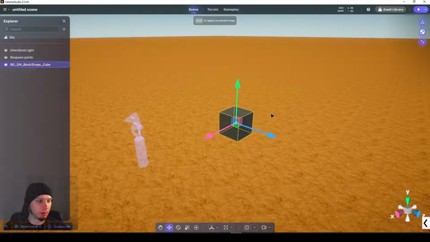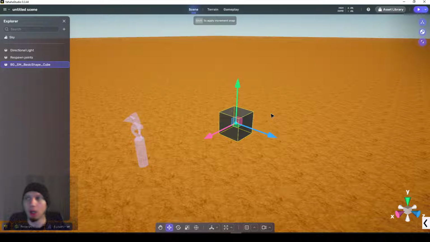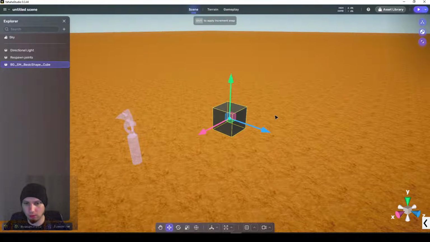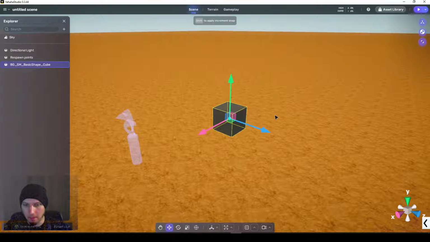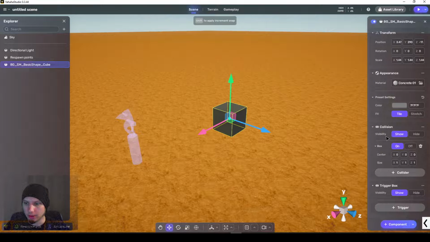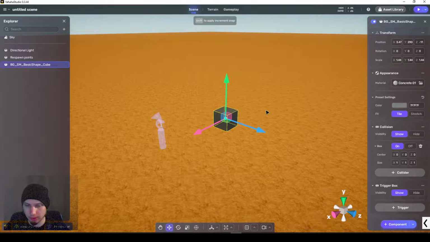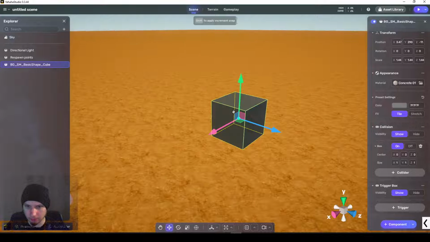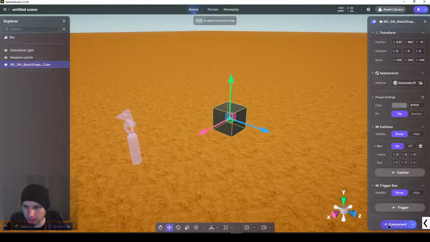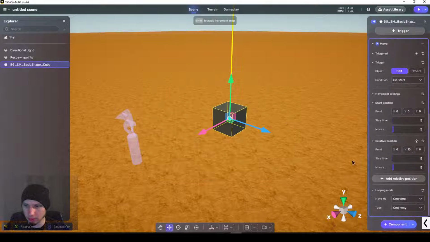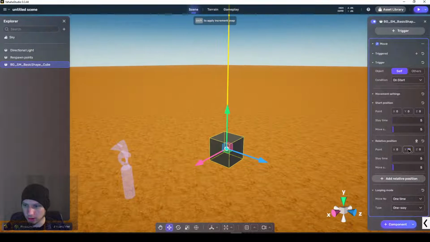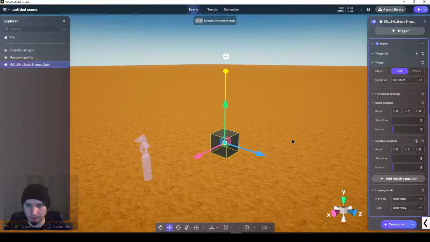Before we go into details on specific node graphs and what you can do, basically we're going to build the basics first as an example, and then we're going on. So step one, let's say we want to trigger this block via node graph. So for example, we're putting a move component on it, and now as soon as the game starts, the